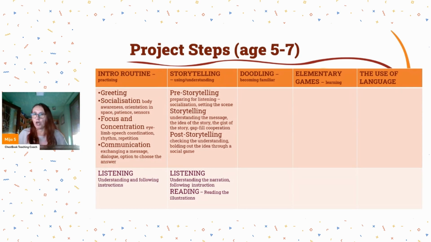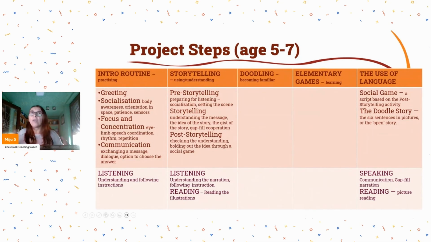So we need to know what our end game with the project is, in order to be aware of what we need to do with the doodling and what we need to do with the elementary games. What are children going to do with the language? And this is our next part. With 5 to 7-year-old children, you can do this